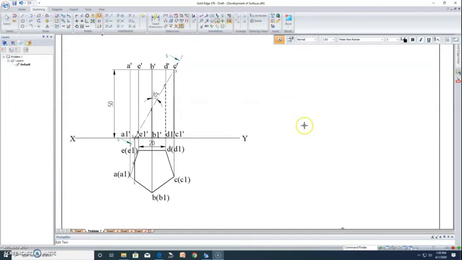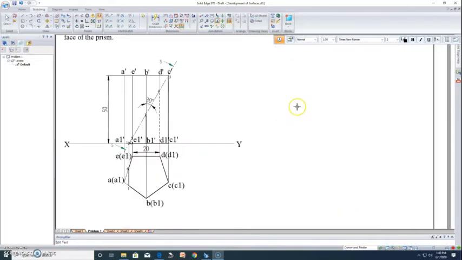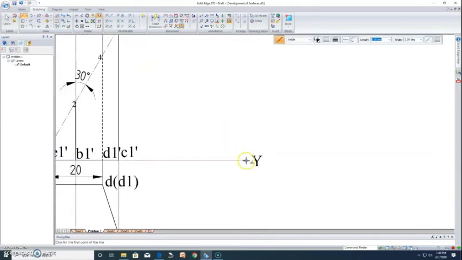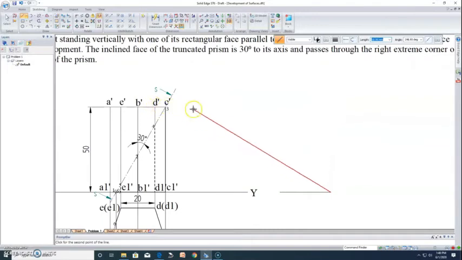Rather, I'll show you one more option called mirror, which you can use for both parallel line as well as radial line development. Here I'm going to make only one vertical face, then mirror it 5 times. So I'm going to construct a rectangle of base 20 mm and height 50 mm.